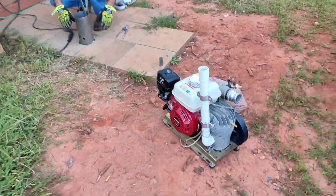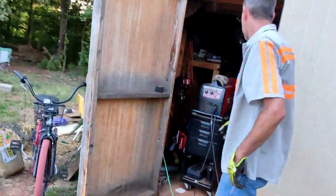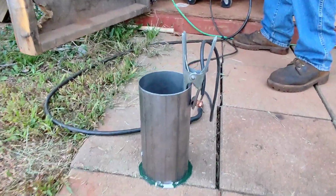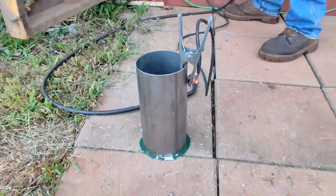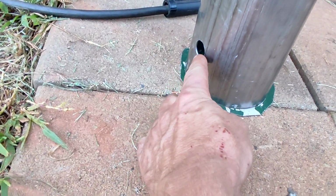Alright, so I put all this stuff together and I'm visiting a friend, Frank, and he's gonna weld it for me. What I'm gonna play with, I got the tube from the muffler shop. It's like the biggest muffler they sell. I got a hole on the bottom that I just...